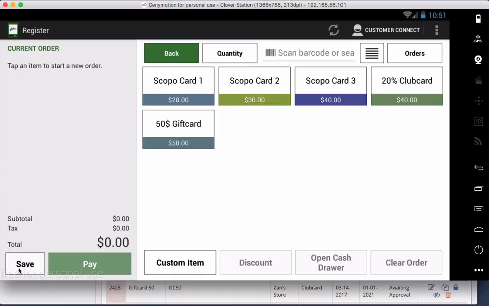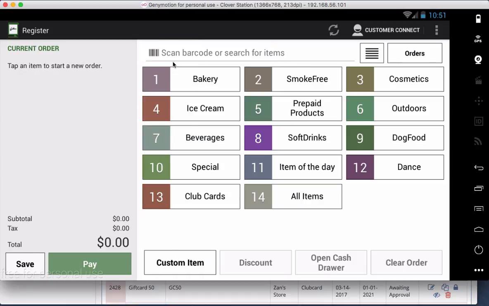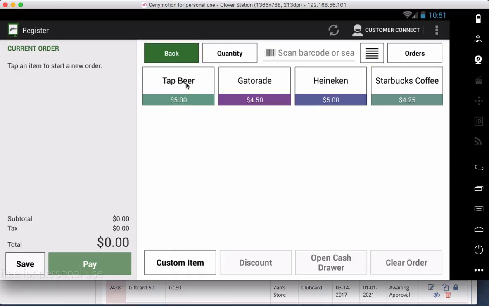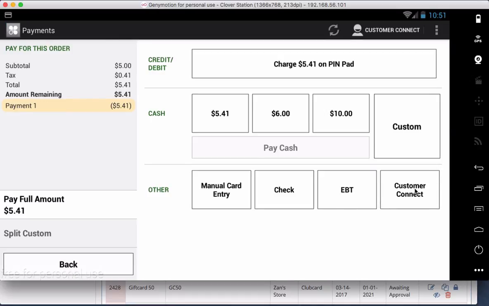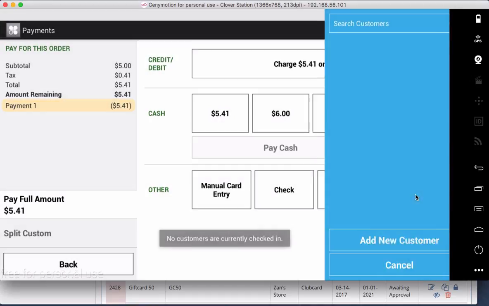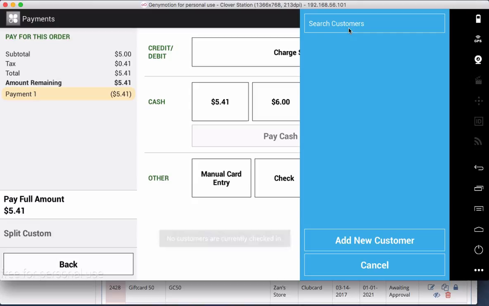Lastly, just to show you, when a customer comes in and they use their gift card, their purchases are automatically deducted from the gift card's value in the Customer Connect system. So let's say our customer Wakar came back in and made a second purchase. When we look him up using the Customer Connect button,